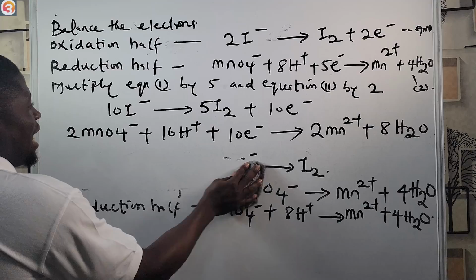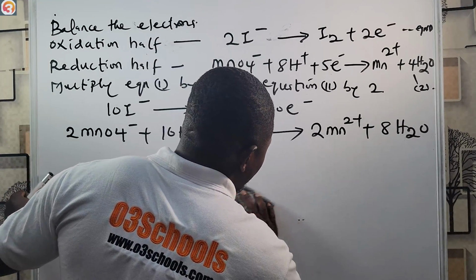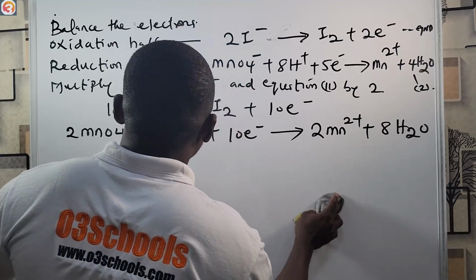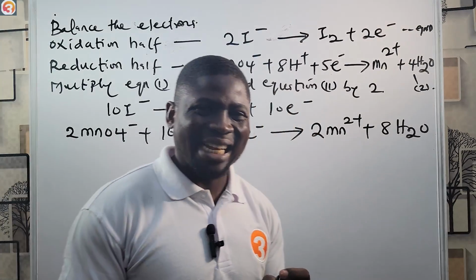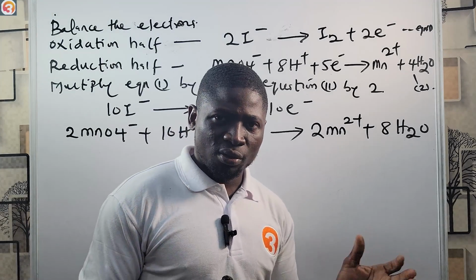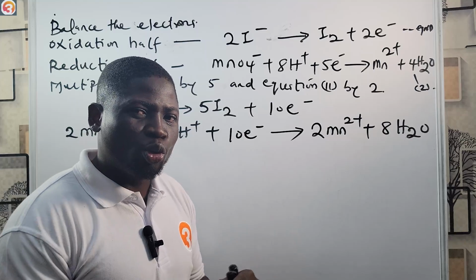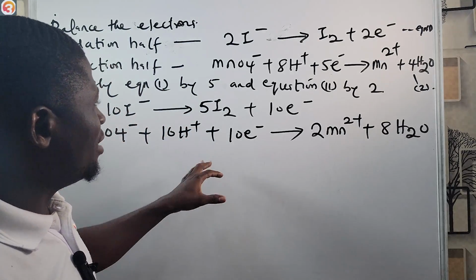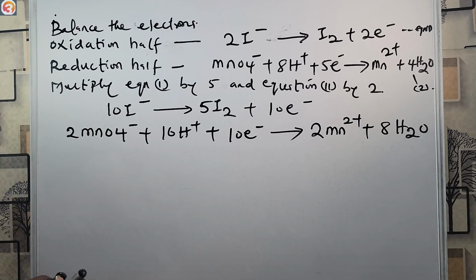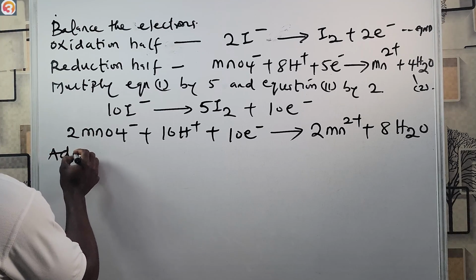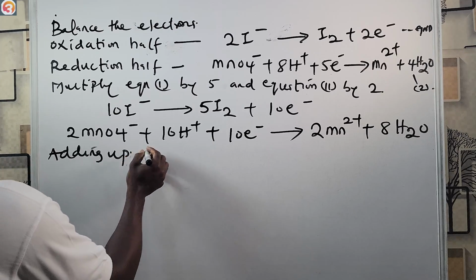And of course, after getting this, what do we do next? The next step, as in the last episode we did, is to add up the two half equations, canceling out the electrons to have one balanced equation. We add up the two half equations, canceling out the electrons to have one balanced equation. So if we're doing that now, adding up and canceling,